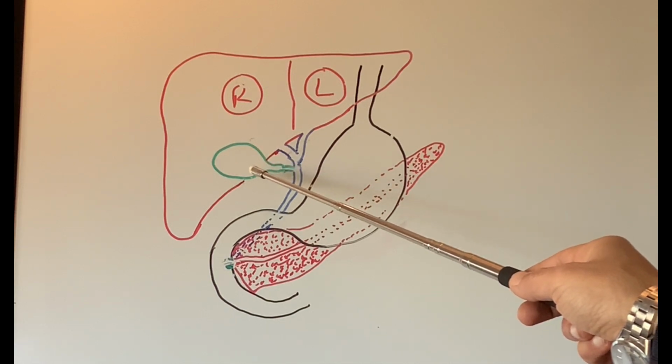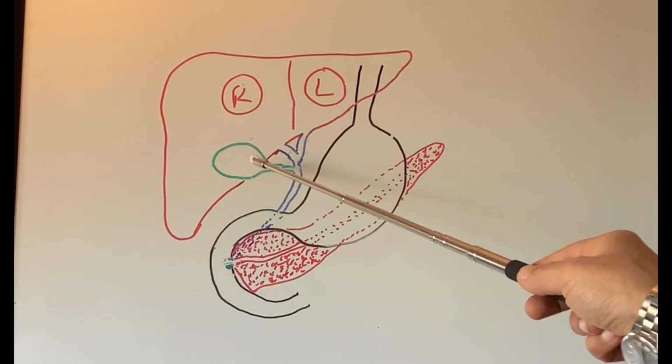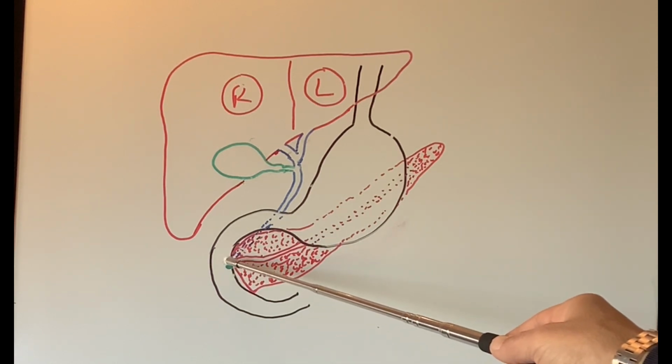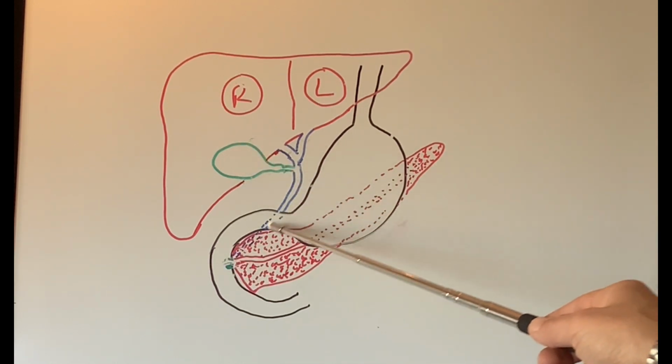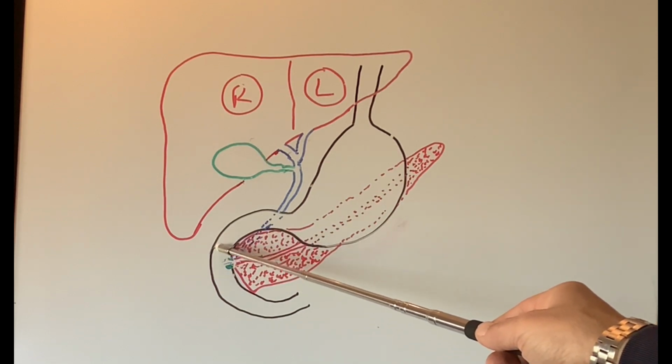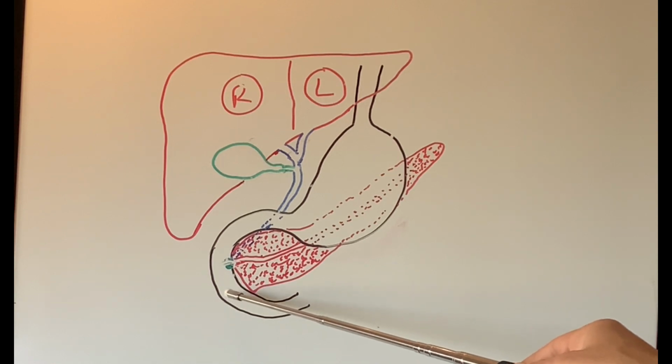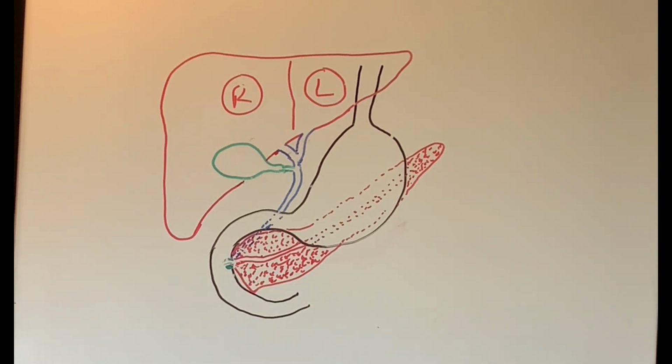So when it's needed, when we have eaten, it will be pushed out. The muscle at the bottom will open at the same time. This will squeeze, bile will push through, and when we have eaten, it will come and mix with the food in the small intestine, especially our fat, and help digest our fats.